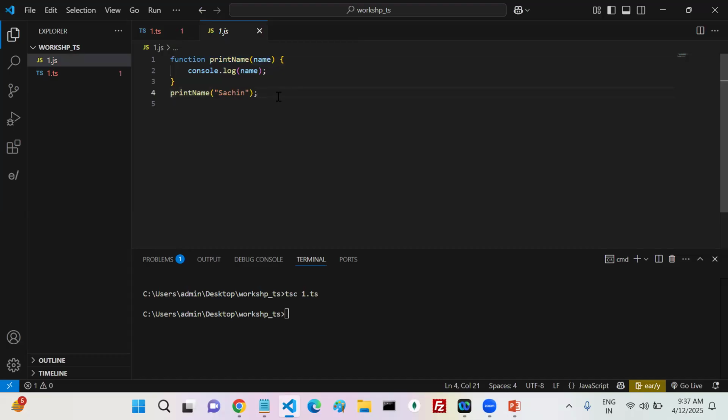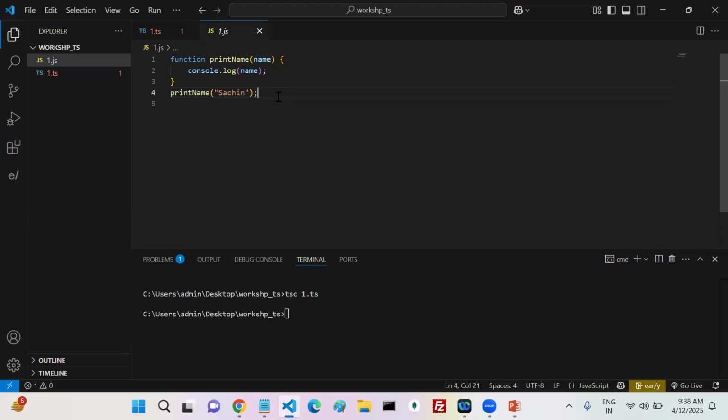Yes or no? So one thing you have to remember: TypeScript is only in development mode, not in production. In production, we are going to run JavaScript code. Only in development mode, it is going to alert you, that's it. It alerts the developer: hey, they're expecting a string, you are passing something else. They're expecting this, you are passing that. In production, there is no type for those variables. The TypeScript is converted into JS whenever it is moved to production, which is running in the browser or not. Got my point?